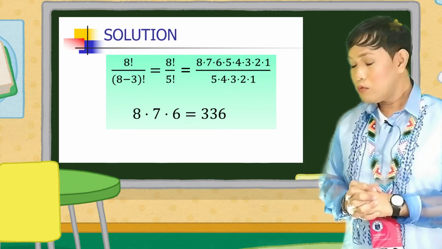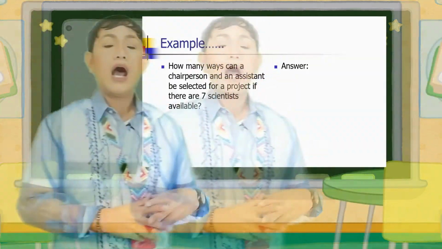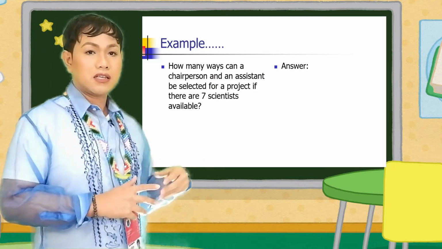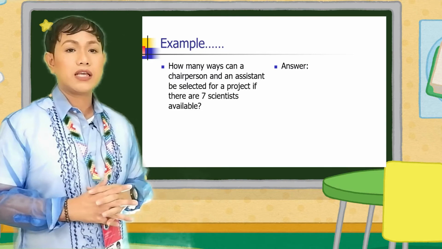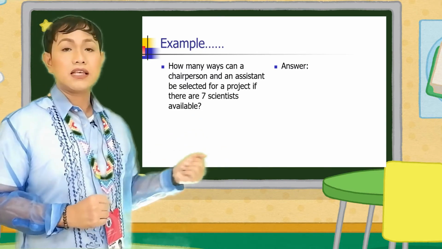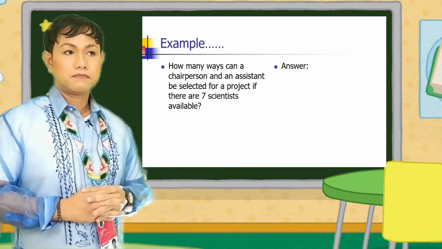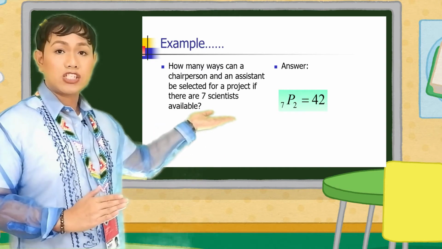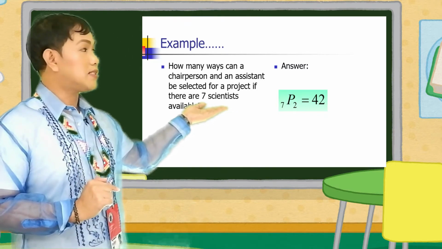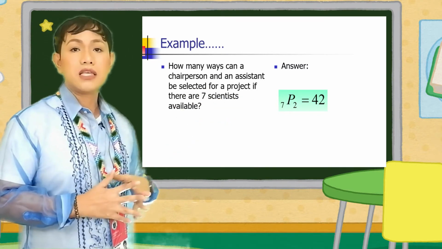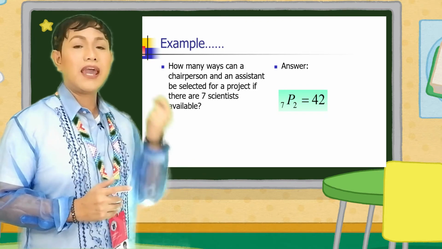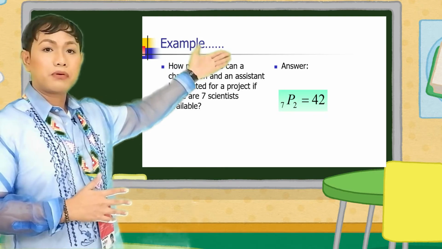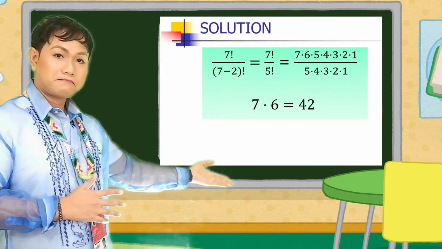Now, let us move on to another problem. How many ways can a chairperson and an assistant be selected for a project if there are 7 scientists available? The answer, as well as the solution, would be the permutation of 7 objects taken 2 at a time is equal to, yes, got it right, 42. And for the full solution of that problem, we have,